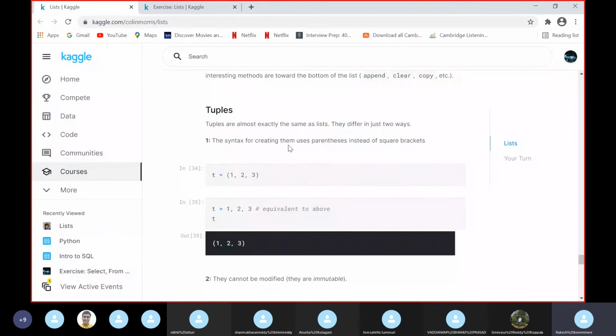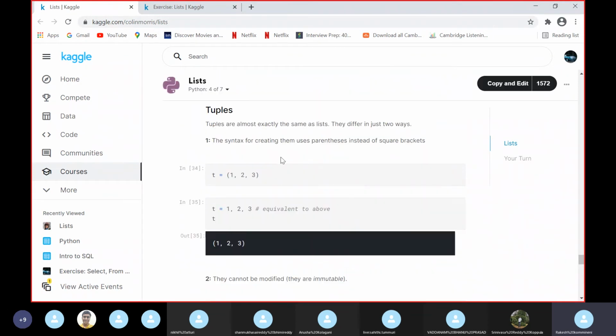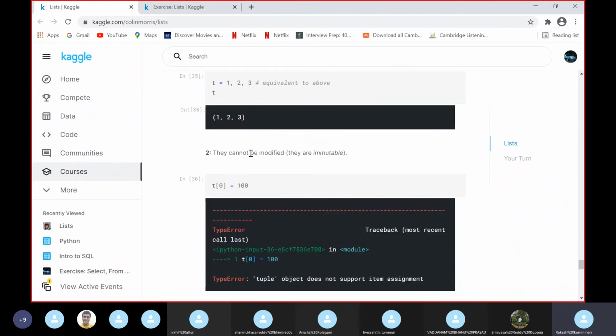And coming to the next concept, tuples. Tuples are almost exactly the same as lists, but they differ in just two ways. One is the syntax, and the other is that they are not mutable like lists. They are immutable.